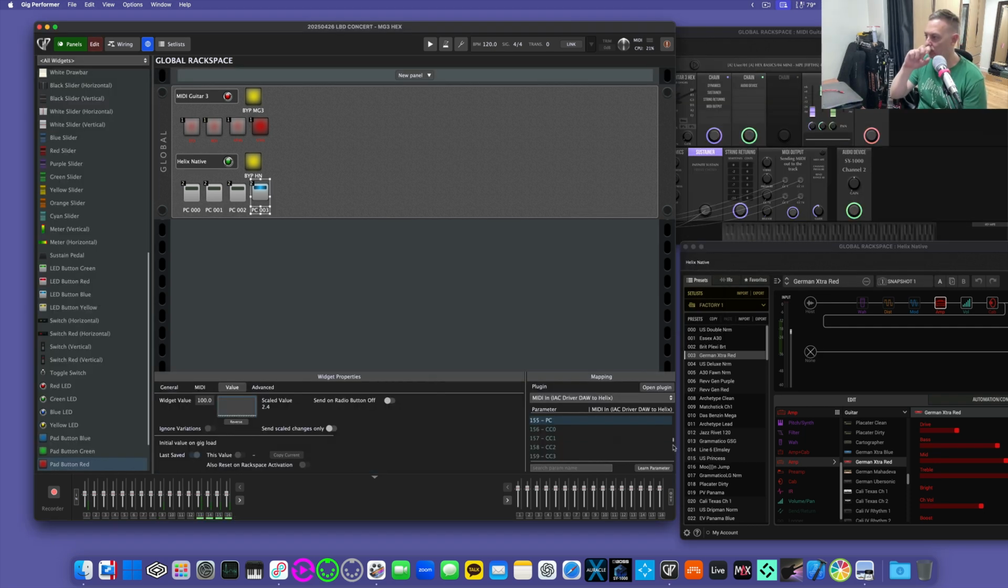Okay, so of course there's more you can do there. Like you can connect other controllers to these program changes. So like, for example,